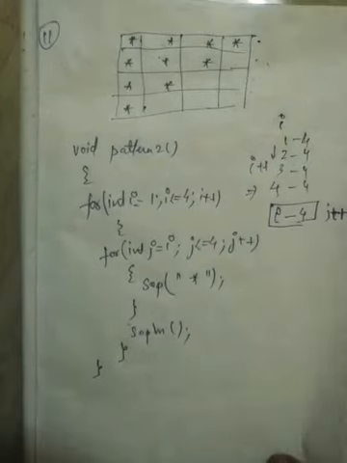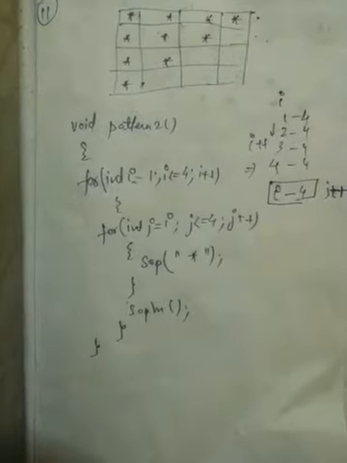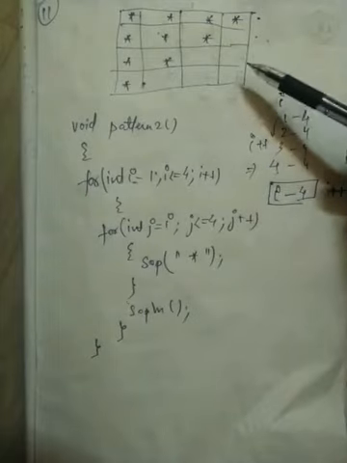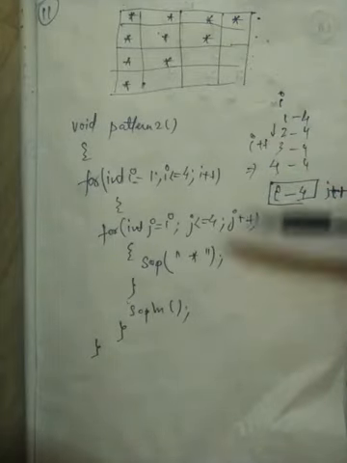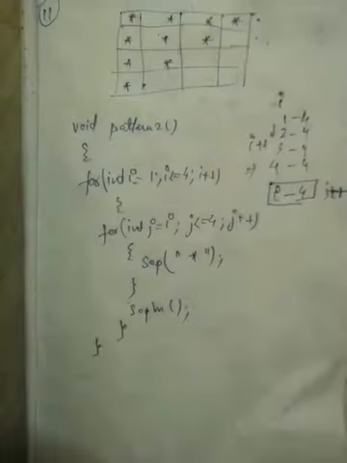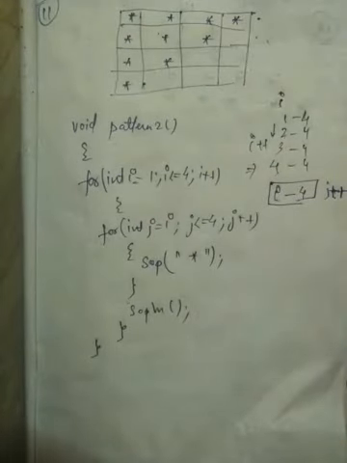Okay, understood? Now we'll see pattern 3. So in the previous question we understood that there is no space loop here because there was no blank space in the front. Clear? So we just wrote the I loop and j loop and printed the values.